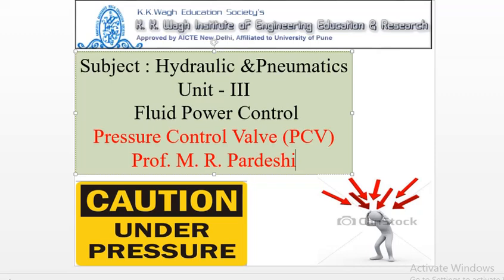Pressure control valves are used in a hydraulic circuit to maintain the desired pressure level in various parts of the circuit. The pressure of various components in a hydraulic circuit depends on the design strength of various parts. For a hydraulic cylinder, the operating pressure depends upon the required output force from the piston rod. Thus, different cylinders in a system may have different operating pressures.